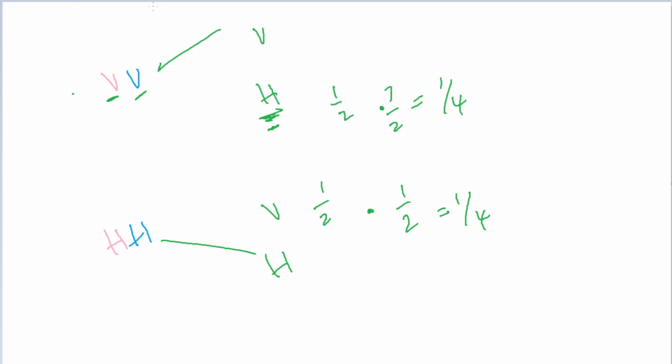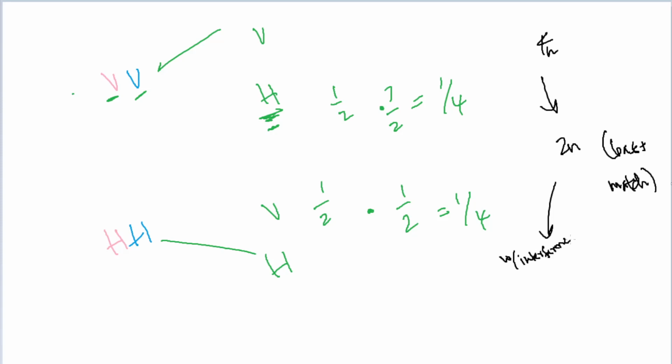And it might be a little bit easier if I break it down from a tree perspective. So first of all, we're looking at a total of 4n bits. We start with 4n bits. And then they compare the strings, and then we break it down to 2n bits where bases match. And now we know that in the case there is interference, we will have unmatched bits in this 2n long string. So we'll have non-matching bits.